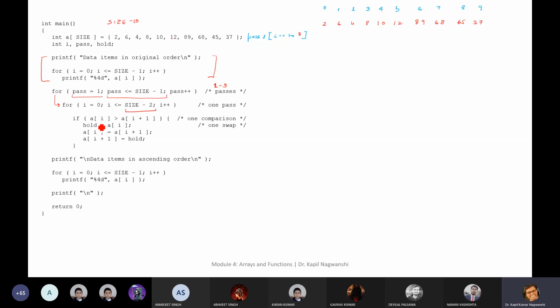Now come to this: if A[I] is greater than A[I+1]. So what is A[0]?